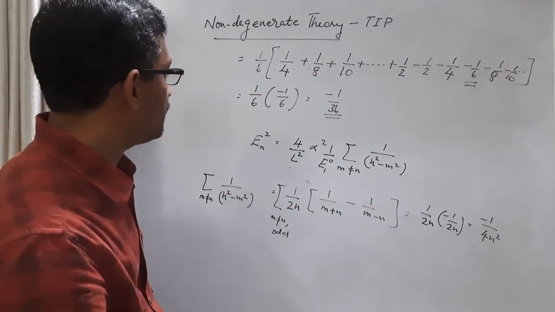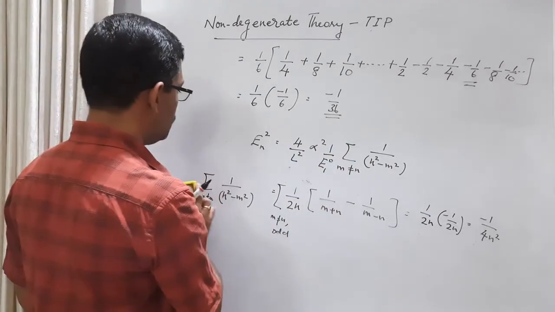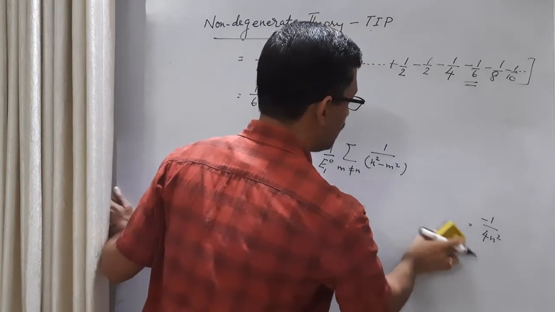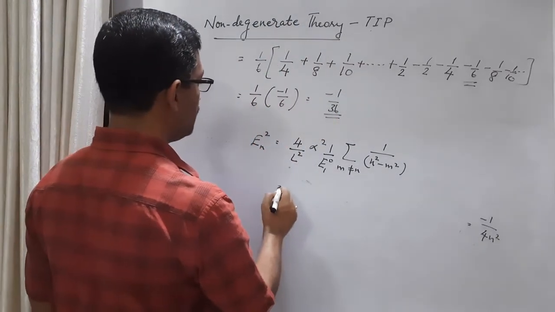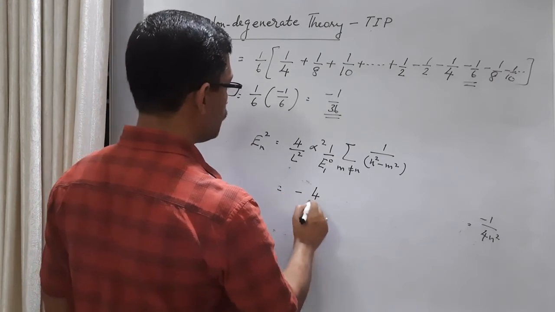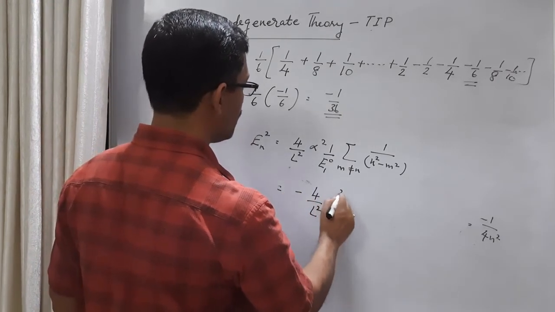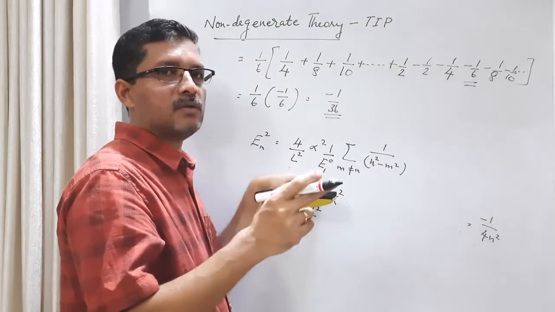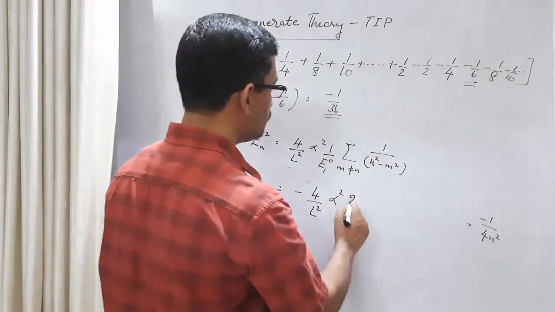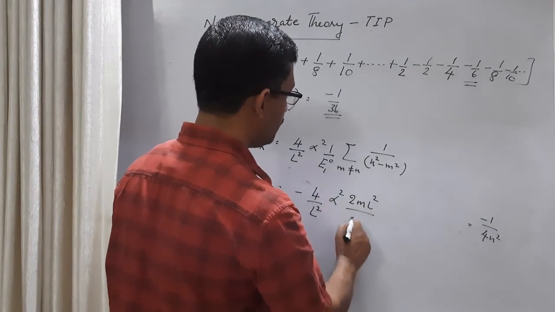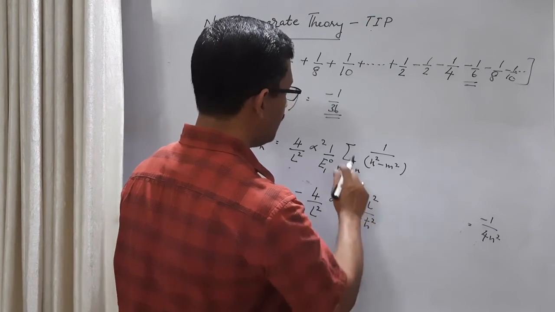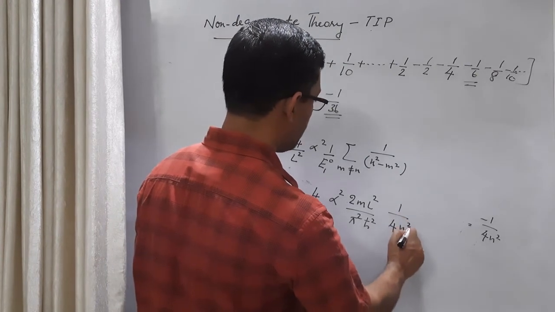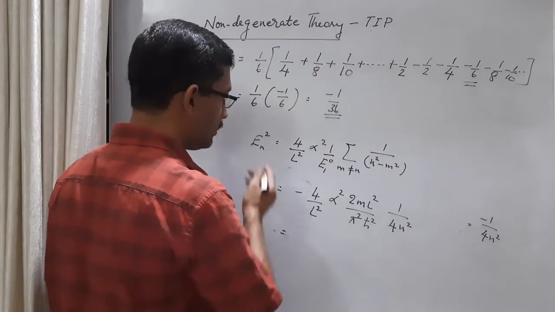Okay, so we can put that here. So the final expression for En2 will be, I will substitute that minus 1 by 4n square. So there is a minus sign, 4 by L square alpha square. And what is this term? E1 0 was pi square h cross square by 2ml square. So 1 by E1 0, 2ml square by pi square h cross square. And this is minus 1 by 4n square. I have put a minus here. So 1 by 4n square. Okay. So that is equal to